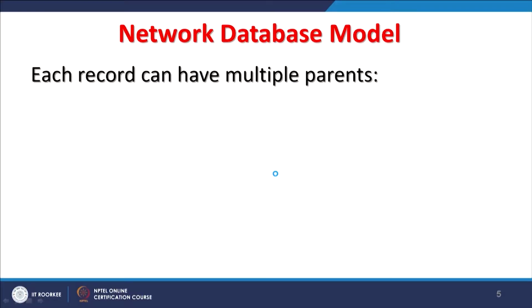Now, here each record can have multiple parents. Earlier each child could have only one parent, but here it is reversed: each record can have multiple parents, and it is basically the network database. When we discussed network analysis in the analysis part of GIS a few lectures before, these points were raised. So, now how they are stored in our network database is what is being discussed. It is composed of sets, and each set has an owner record and member records.